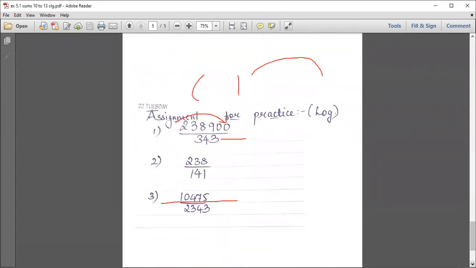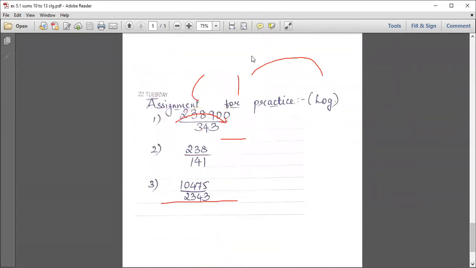So for that purpose, I have just made an assignment. I'm giving you an assignment, not a very big one. There are three sums in the form of division as you get the final answer. So I have given you all three sums to practice. Those who want can practice and check the answers. We can discuss those answers in the next session. So you all be ready with the answers, and I'll be disclosing all the answers so you can check whether you followed or whether you're getting the same answers or not.